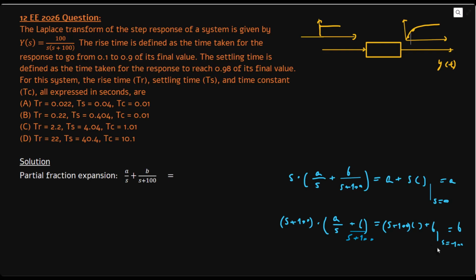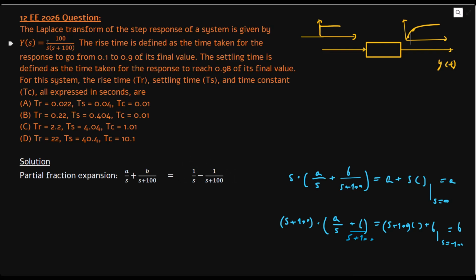Substituting minus 100 for s will simply reveal the value of b, which in this case is minus 1. So this is achieved by first multiplying this by s plus 100 and substituting minus 100 for s. Okay, this is the partial fraction expansion